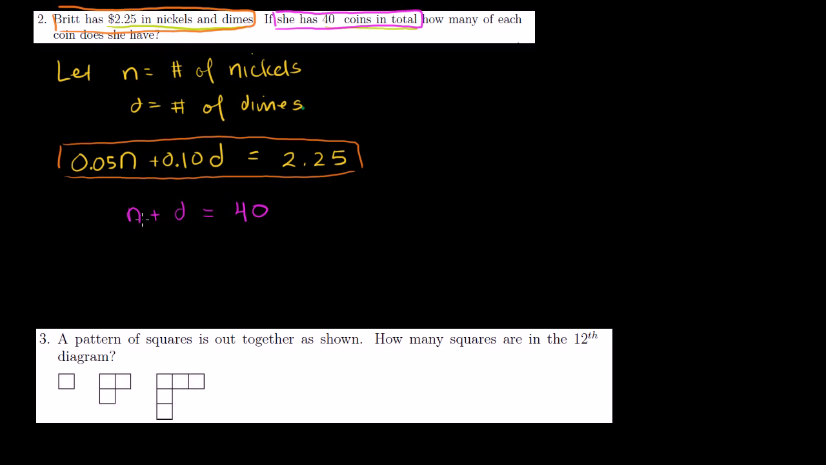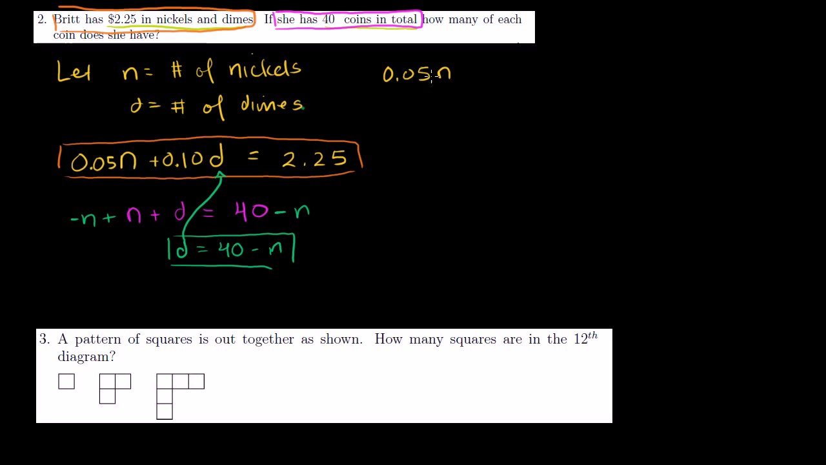So if we subtract n from both sides of this equation, negative n plus this minus n, obviously these cancel out, and you're just left with d is equal to 40 minus n. We just established using the second equation that d is equal to 40 minus the number of nickels. And we can use that to substitute back in for d. So this first equation will now become